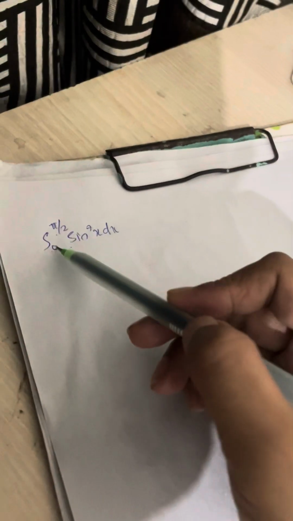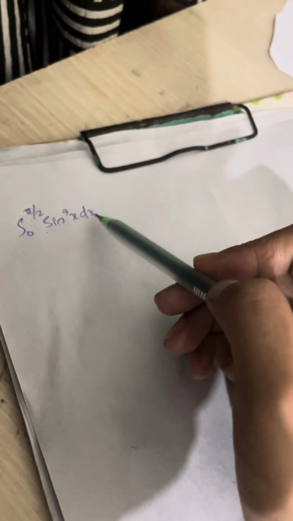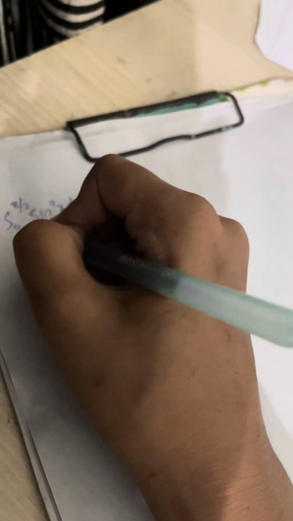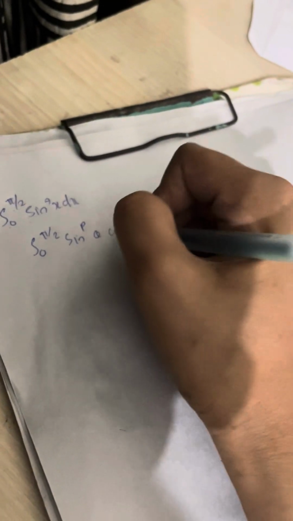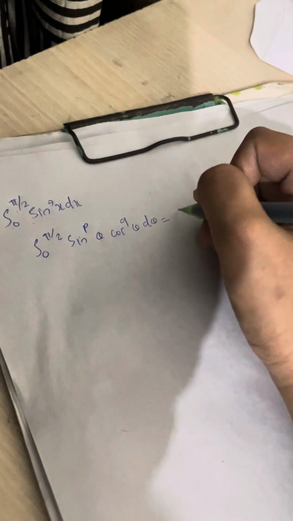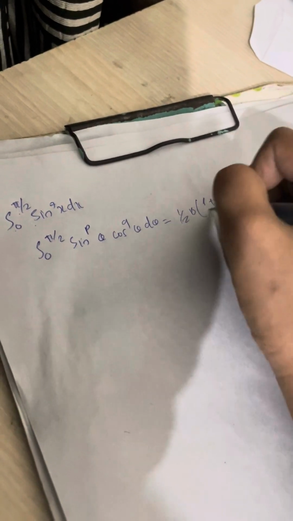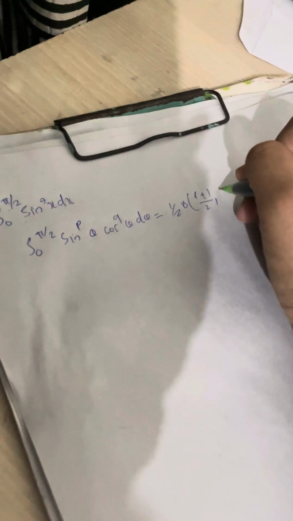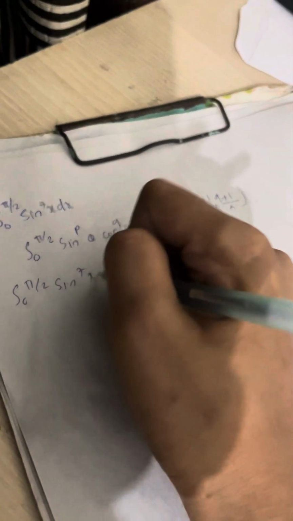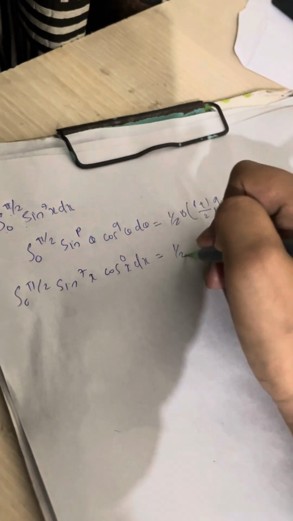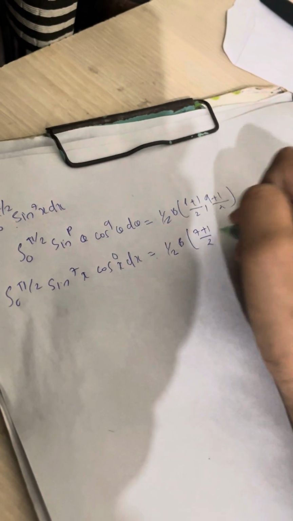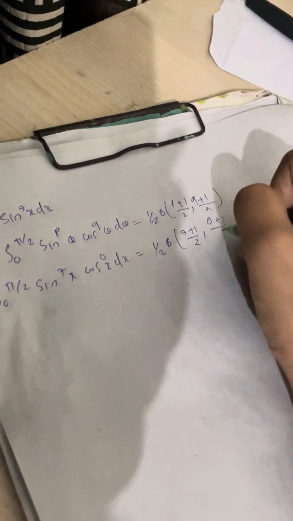Next question is integral 0 to pi by 2 sin raised to 7 x dx. We already know that integral 0 to pi by 2 sin raised to p theta and cos raised to q theta d theta is equal to 1 by 2 into beta of p plus 1 by 2 comma q plus 1 by 2. Hence, integral 0 to pi by 2 sin raised to 7 x into cos raised to 0 x dx is equal to 1 by 2 into beta of 7 plus 1 by 2 comma 0 plus 1 by 2,